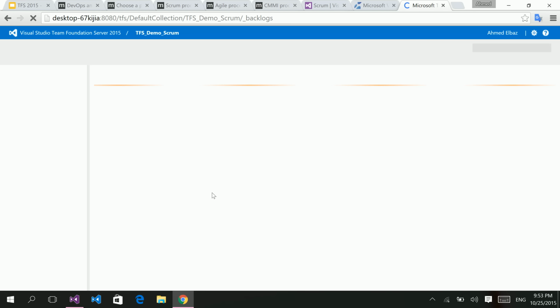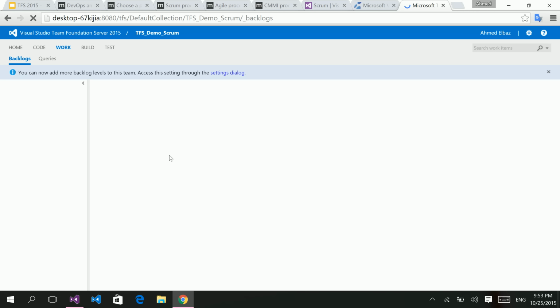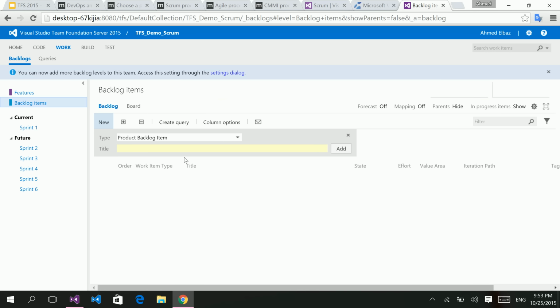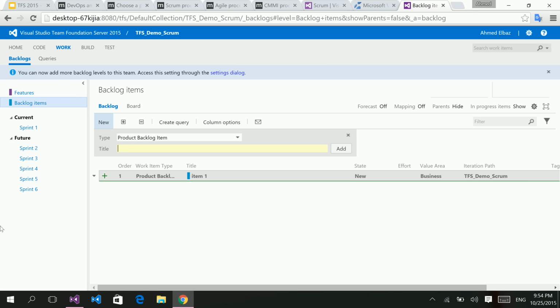So we can add some work items, and a work item could be anything that needs some work to be done for this item to be completed. You can see that through this web portal, it's very easy to start writing your work items. For example, we can say we have item 1 and item 2,